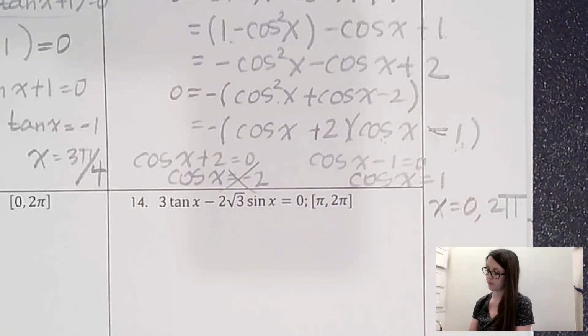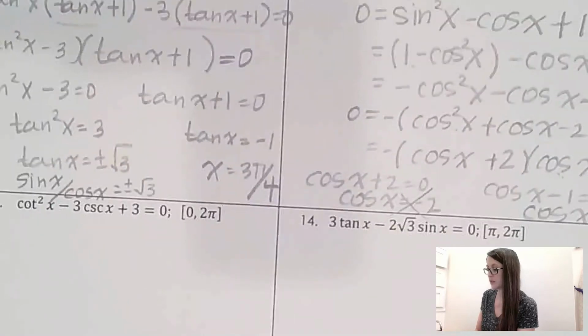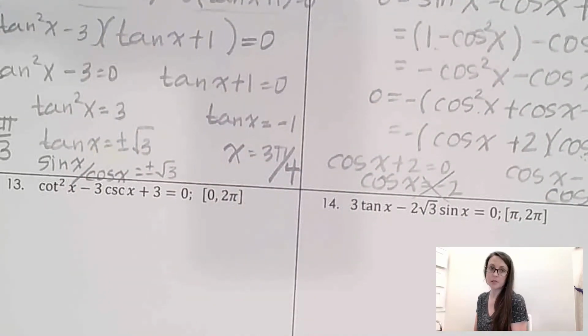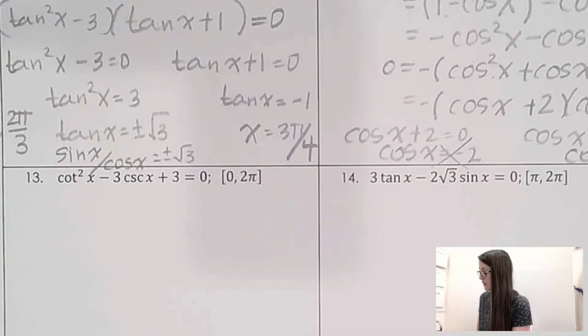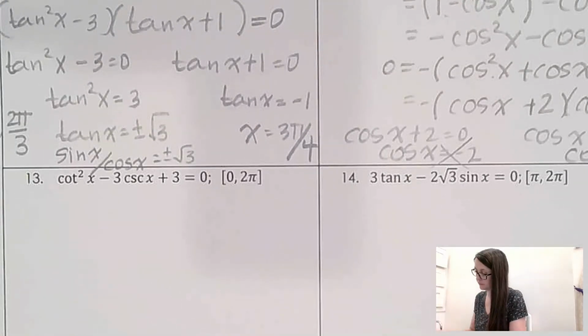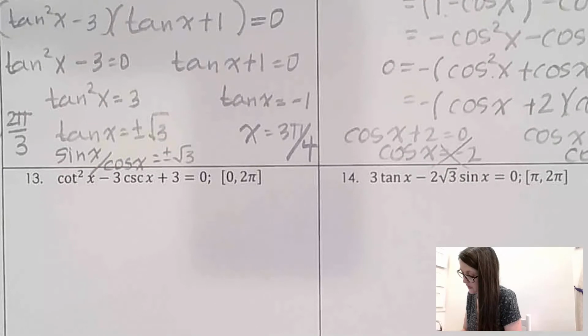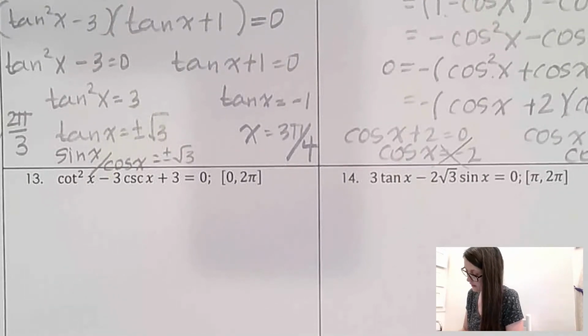Okay. Alrighty. So what about this one? Number 13, we've got cotangent squared of x minus 3 cosecant of x plus 3 is equal to 0. Okay, well, cotangent,